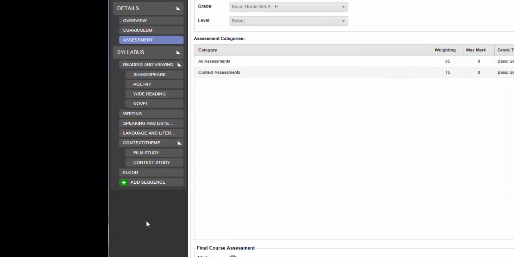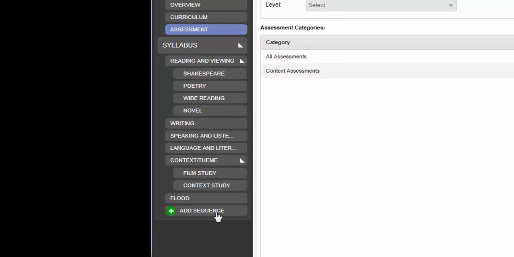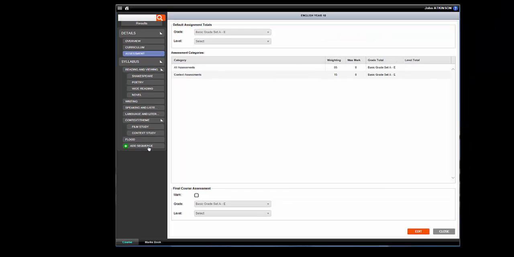Okay, now we'll look at the syllabus configurations. And here we see an arrangement of the Year 10 English Australian Curriculum syllabus. And what it is an arrangement of is learning sequences. Each one of these has been added using the Add Learning Sequence button. And when we click on one that has been created,